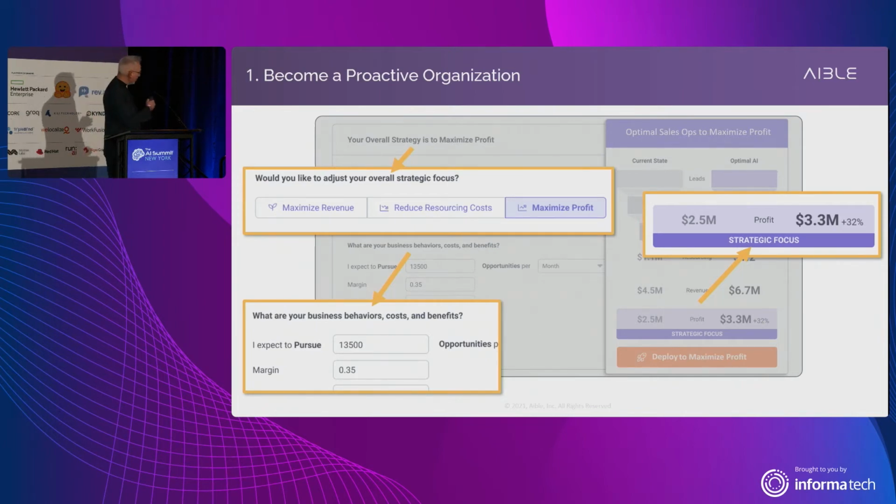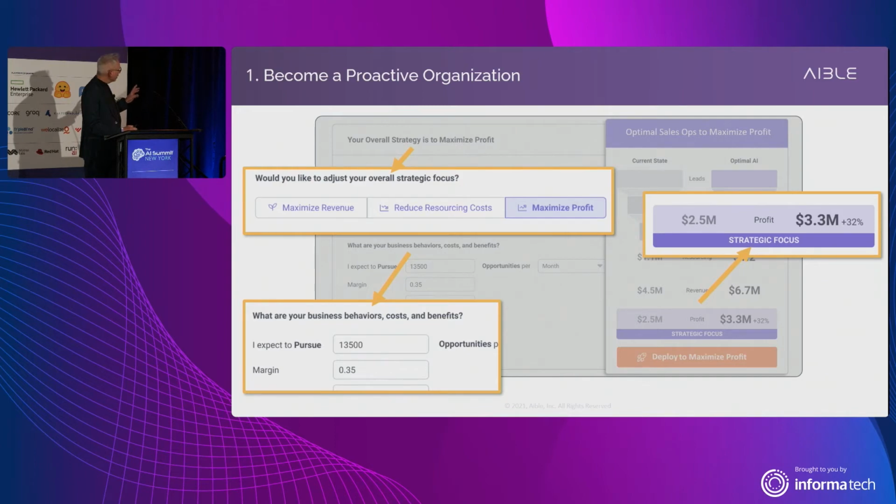So down in the lower left is an example of where we actually capture these metrics. In this case, I'm just showing you a couple of things so you can see it on the screen. I'm saying, hey, this is my cost to actually pursue a deal, to say, hey, sales guy, go spend time and energy on this. And here's what my margin is on that, and also how many of these I plan to do. Obviously, if I've got 3 sales guys versus 1,000 sales guys, I want my model to behave differently, to either be more aggressive, find more leads, find more opportunities, or find fewer, or find the best kinds of opportunities, or really narrow things in.